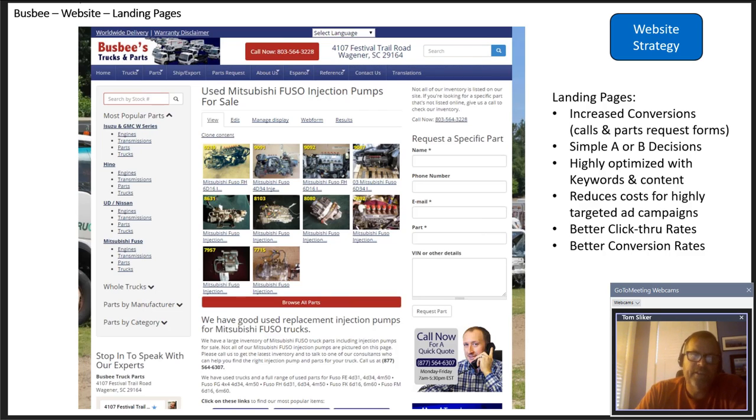The other thing on the landing page I just wanted to say: when people get to your landing page, what do you want them to do? We've spent a good bit of time working on that, and on these Buzzbee pages, for example, we want one of two things. We want them to either call, and so you can see there's a call now link, or we want them to fill out this form. We call those conversions. That's how we measure conversion. So a conversion means we had an ad, they clicked our ad, they came to our page, and then they didn't just walk away, they actually filled out a form or gave us a call.